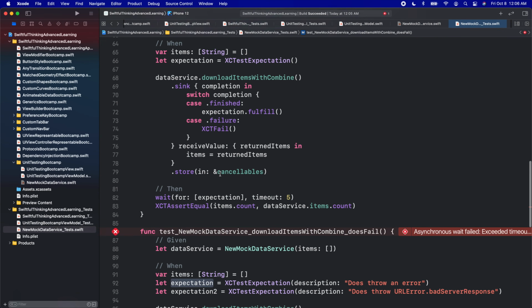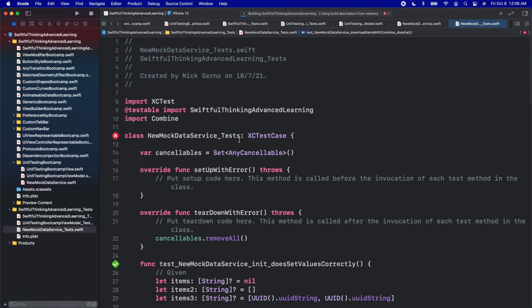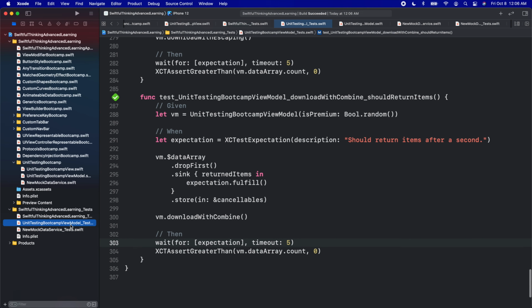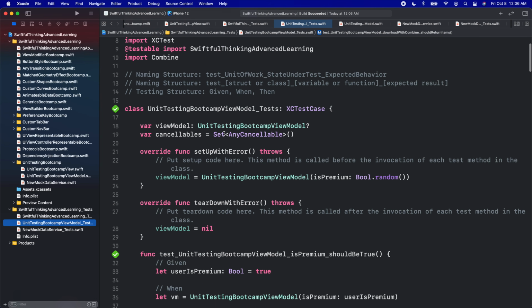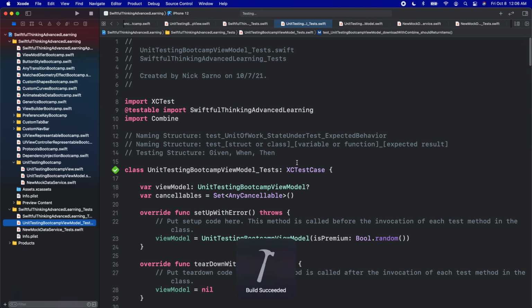Go back, bad server response. And I'm gonna come back to my test file and click play at the top. And hopefully all of our tests in this file pass as well. We're looking good. And let's go back to our first file and run all of these tests one more time. And we are looking